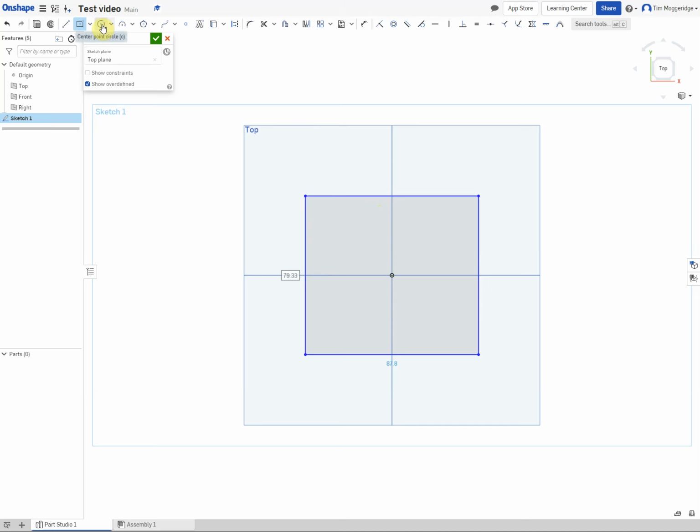If I now choose another tool, so let's pick the circle tool, and I just draw another circle out, we now have a sketch that doesn't follow that rule. So if I think about this point here, if I go over to the left, I've got a horizontal line. To the right, I've got a horizontal line, and then I've also got an arc moving up and an arc